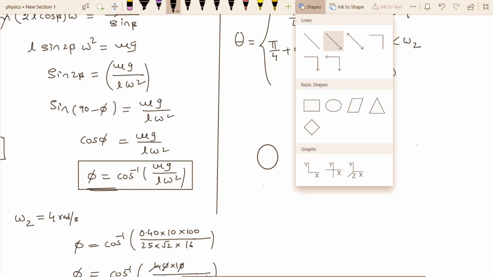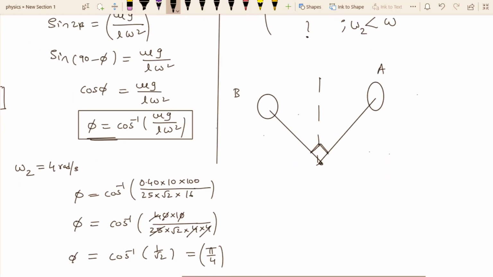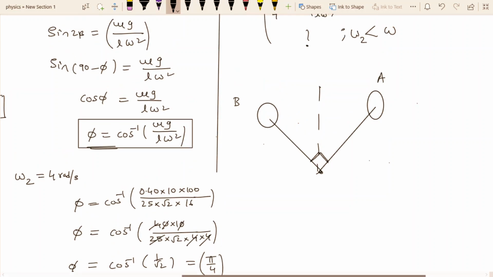Both are exactly perpendicular to each other, a 90 degrees situation. Okay, this is the situation. This is the vertical and the angle becomes perfectly 90 degrees. This is disk A and this is disk B. Now students, you can clearly observe the point here.